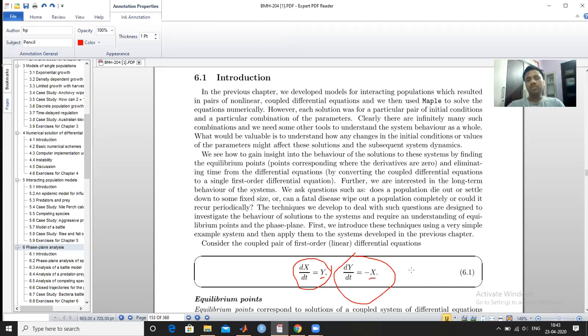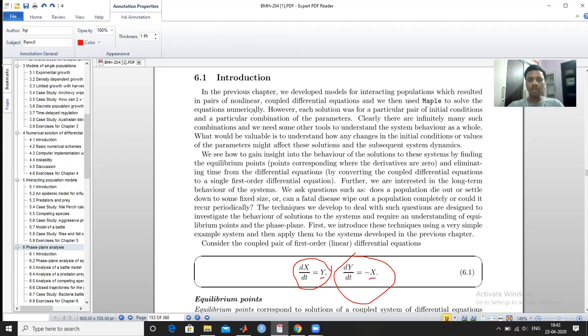So this system is coupled, and suppose we want to find the phase plane, then we have to eliminate the time t between these two equations. And how can we eliminate? We can eliminate the time t using the chain rule. Then the new equation will involve x and y variables only, and if we plot between x and y, then that plot will be known as the phase plane or phase plane analysis.